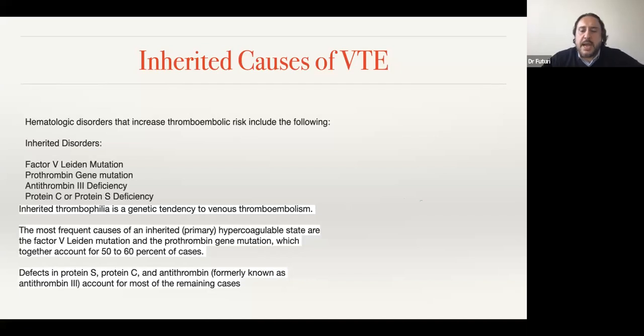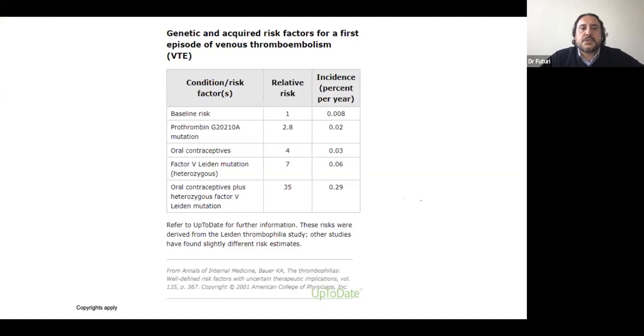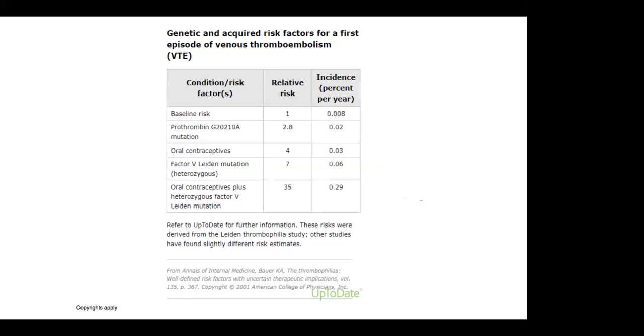In my practice, for example, factor V Leiden and prothrombin are the most common. I do see patients for protein C or S. Antithrombin 3 is a pretty rare cause of these blood clots. So let's look a little bit at this chart, which looks at genetic and acquired risk factors for a first episode of venous thromboembolism. For example, the risk for a patient who has prothrombin gene mutation maybe